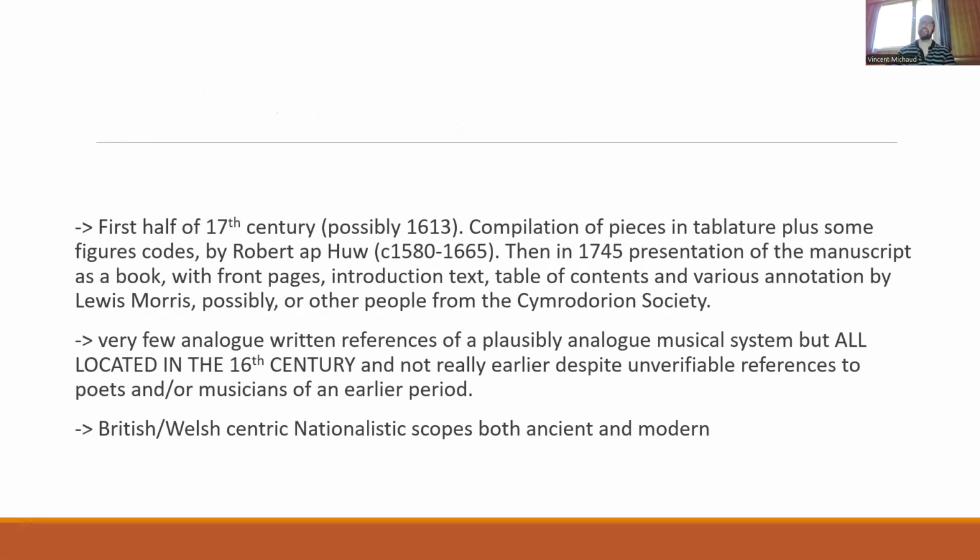Okay, let's crack in. So Robert Appew manuscript, what are we speaking of? We're speaking about a manuscript of music. It is dated in the first half of the 17th century, possibly 1613, because that date appears at the end of a piece in the middle of the manuscript. It's a compilation of pieces written in tablature, plus some figure